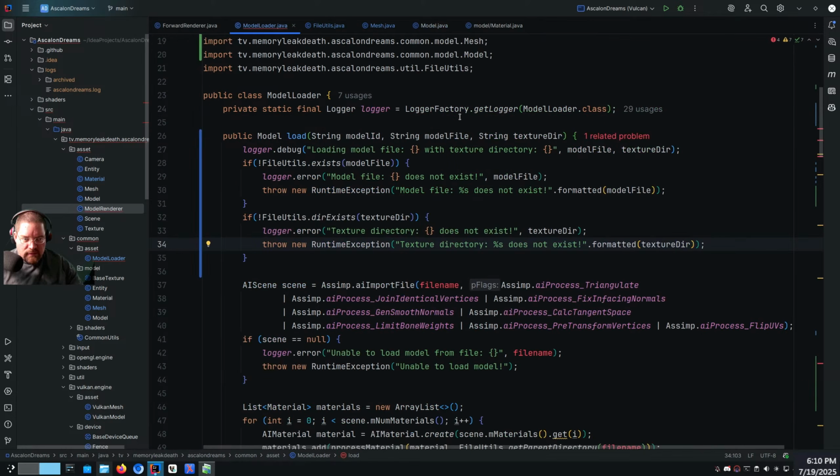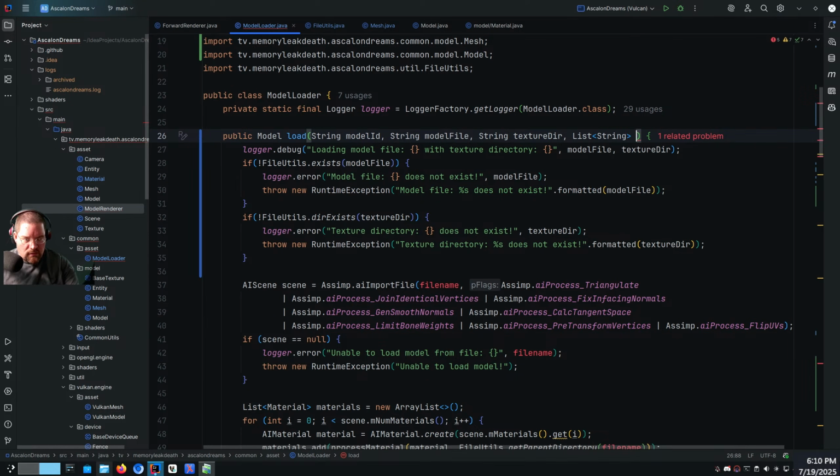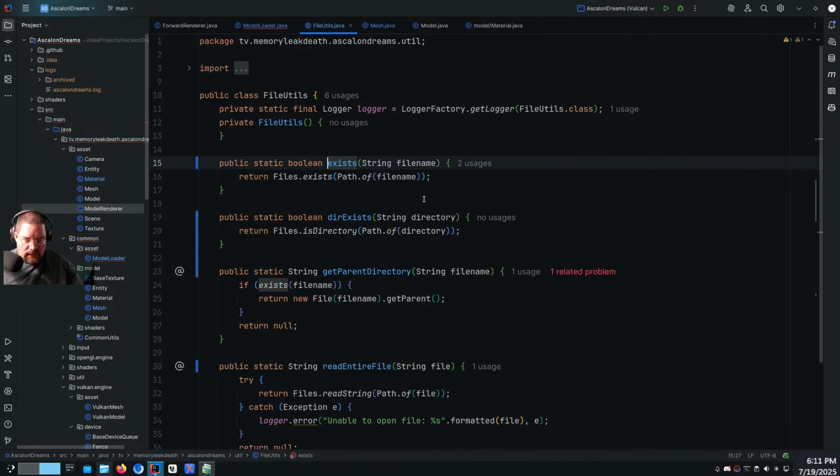I can do a list of strings, texture files, instead of just the directory. And then I can say over here, let's do